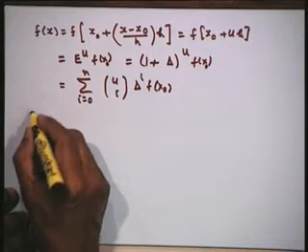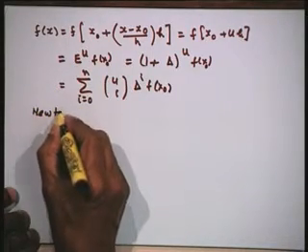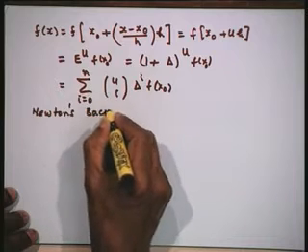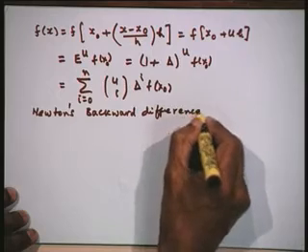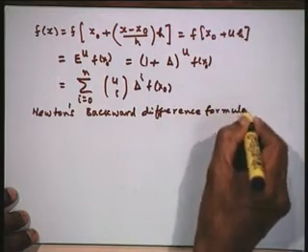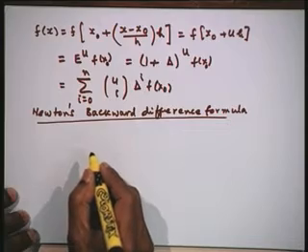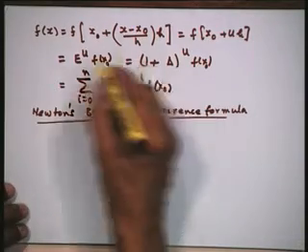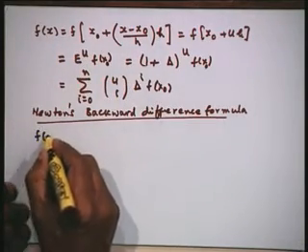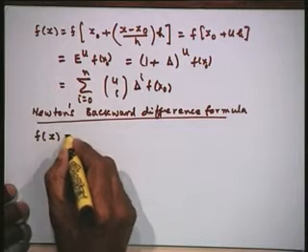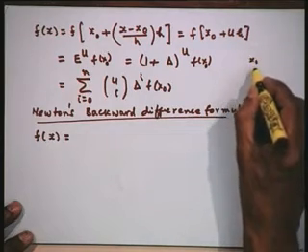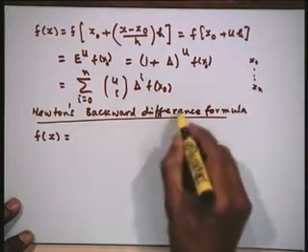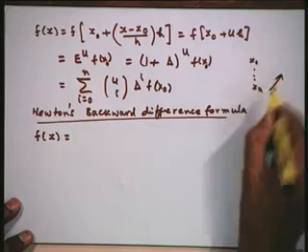Before we take an example, let us derive the same formula in terms of backward differences. So let us call this Newton's backward difference formula. Now we shall use this approach to derive it in just 2 lines, but we remember we are talking about the backward difference formula. Since we have got the data x0, x1, up to xn, I must use the backward differences, so I will have to use them in the backward way.